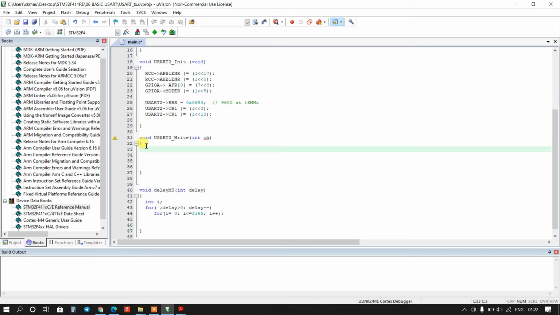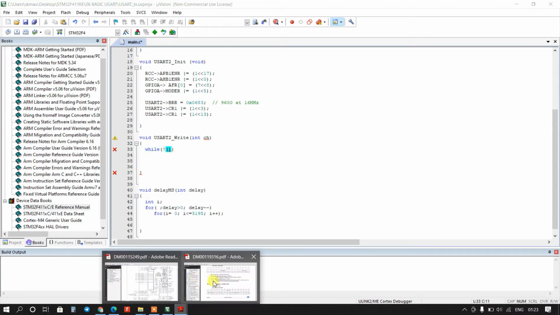First we have to check the TX buffer empty. So we will use a while loop, with a not, and here we will access the USART2 SR register.